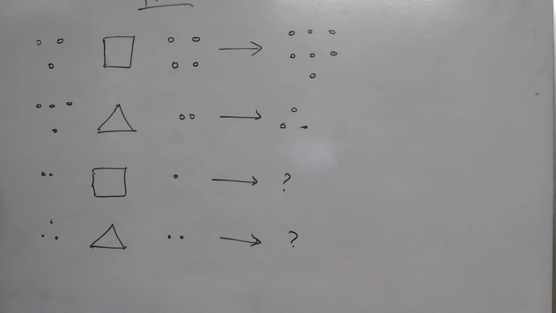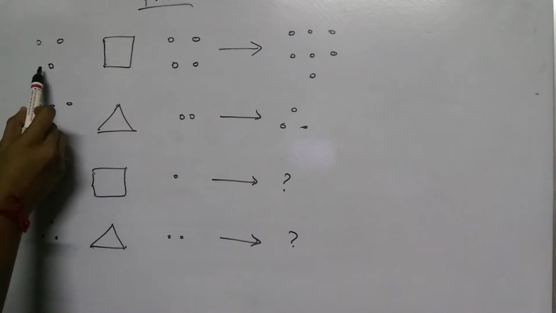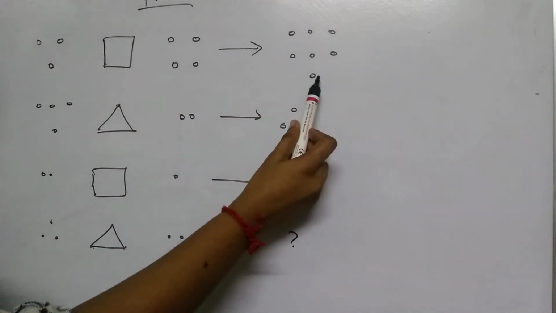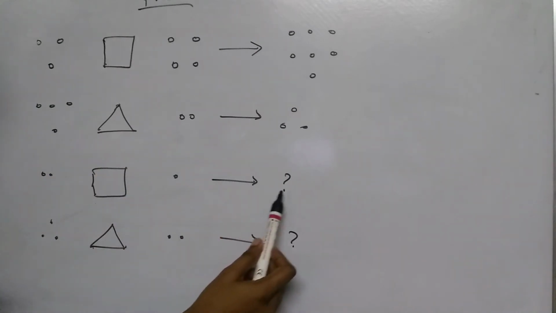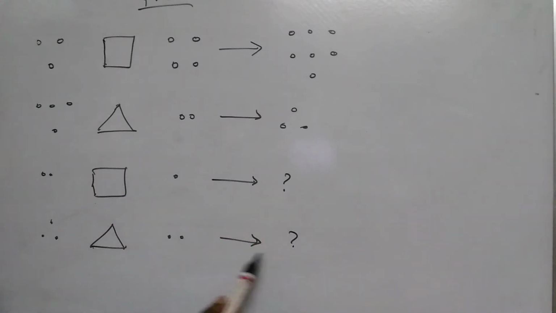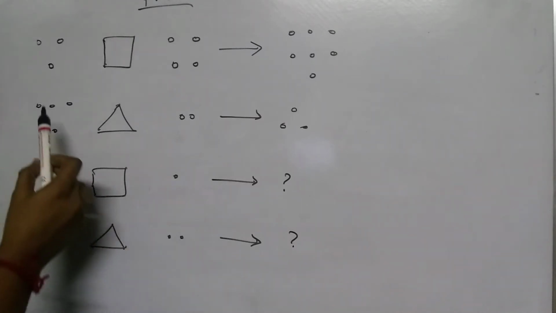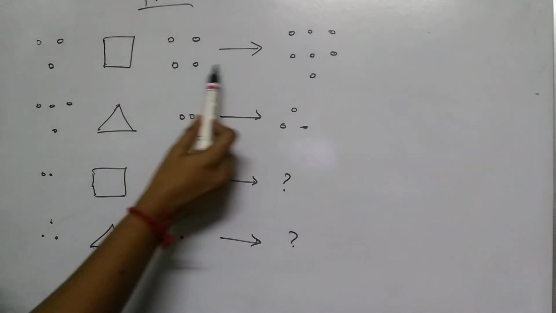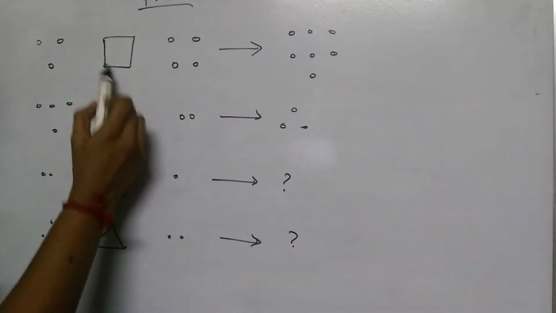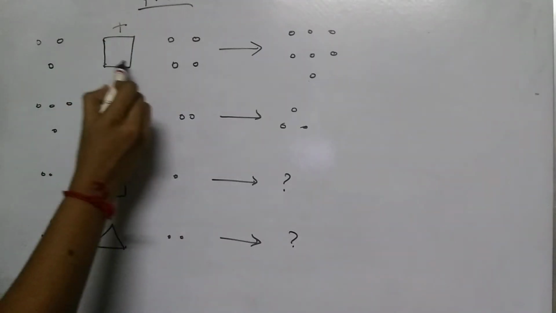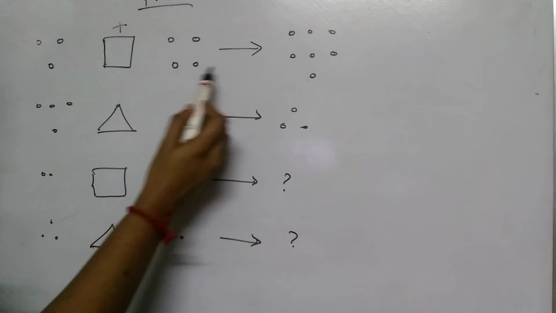Okay, see the next puzzle. Here are the shapes. 3 dots, 4 dots. Here you have 7 dots. Likewise, guess this answer. What should come in these dots? Question marks, dots. Shall I explain this answer? Here 3 dots, 4 dots. The answer has 7 dots. That means the middle one, that square, represents the plus. If you add only these 2 dots, you will get 7.